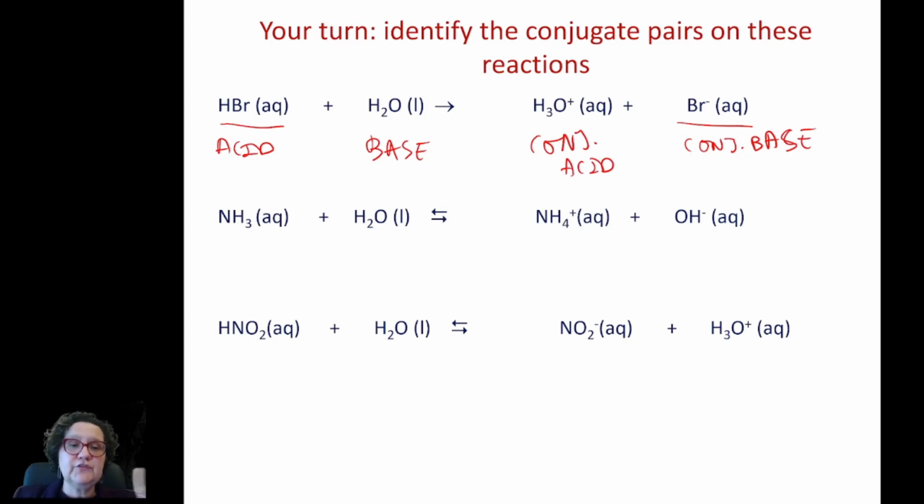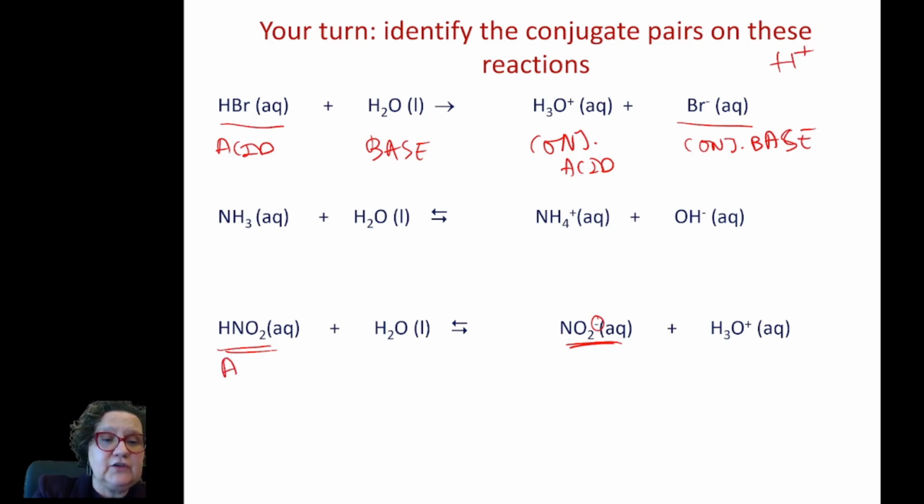I'm going to leave reaction number 2 for a second. I'm going to go straight to reaction number 3, and I will go back to number 2 in a second. So the final reaction, nitrous acid, HNO2. Even if I didn't know it has the word acid in its name, if I look at how it behaves from the reagents to the products, I will immediately know it's an acid because it has lost a hydrogen ion. It has not only lost the hydrogen, it has left a negative charge here. I don't know if you can see, tiny here. That means it has lost a hydrogen ion, this H+ entity, and generated the NO2-, the nitrite anion. So this would be my acid, and this would be the conjugate base